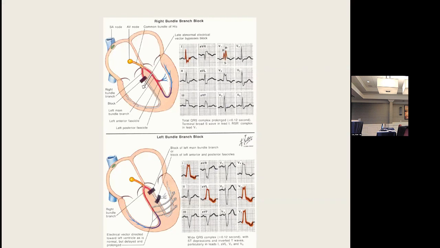Let me also point out that depending upon where the block is, you can have a very heterogeneous appearance to these disorders. Hence the rabbit ears, or the rabbit that doesn't look like a rabbit, as we're going to show in a second with right bundles. But if you block it proximally, really close to its origin, you're going to get classic features of your disorder. But the way I want you to remember this, the EKG for dummies way of remembering this, which helps me,